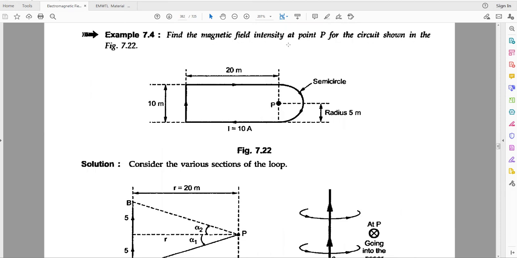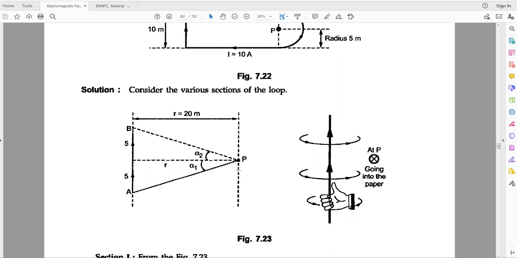Find the magnetic field intensity at point P. Find the magnetic field intensity at point P for the circuit shown in the figure. So we can find the magnetic field H bar at the point P here, with a length of 20 meters, and the current I is given as 10 amperes, with a radius of 5